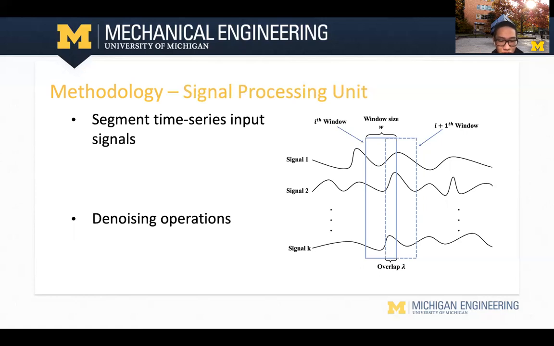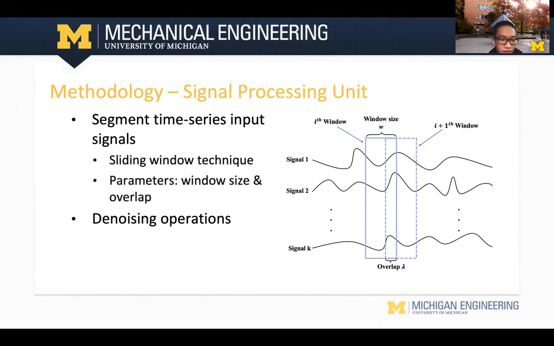What it does is slide a fixed length window across the signal, and the data points of the signal contained in the window are collectively called a frame. There are two parameters we can tune using this technique. The first one is the window size, and the second one is overlap. The window size determines how many data points are incorporated in a frame, and the overlap determines how many data points consecutive windows would overlap by. Generally speaking, a larger window size would lead to better classification performance because more context is incorporated.